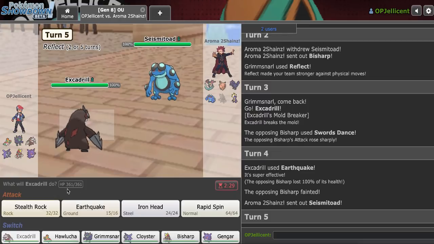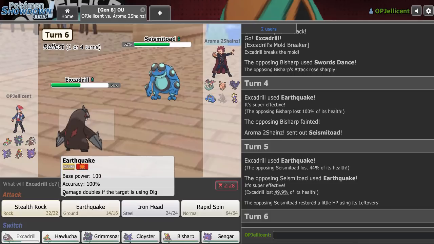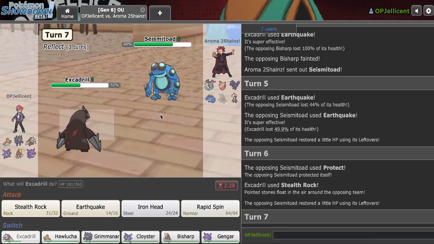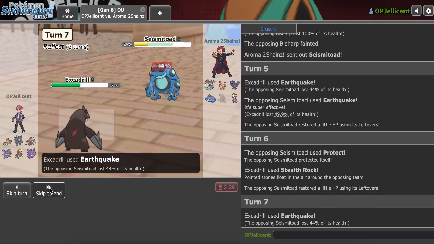So Toad comes back. This damage could be useful for Gengar or Bisharp, so I think I will Earthquake it. They end up going for Earthquake of their own. I'll get up rocks now. I also just want to keep my Grimmsnarl relatively healthy in case it ends up being useful against Dragapult. But I definitely want to be able to Earthquake through. And then I think I can revenge using either Bisharp or...